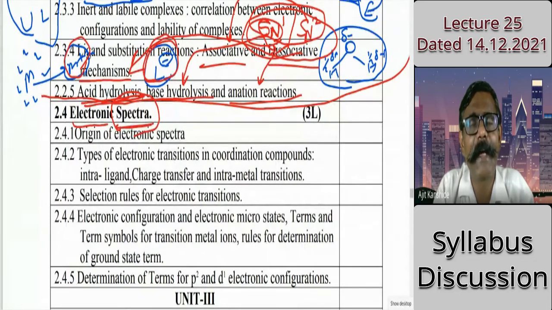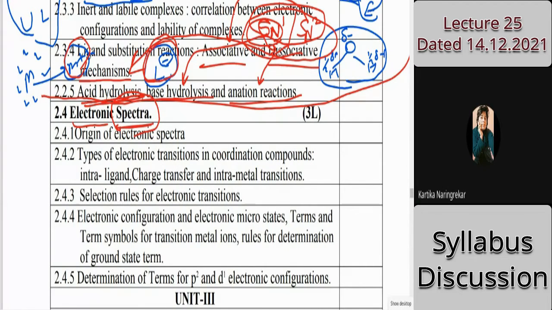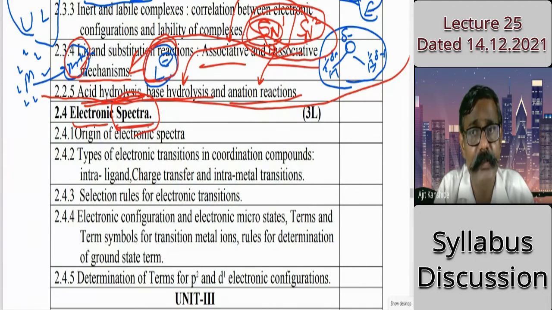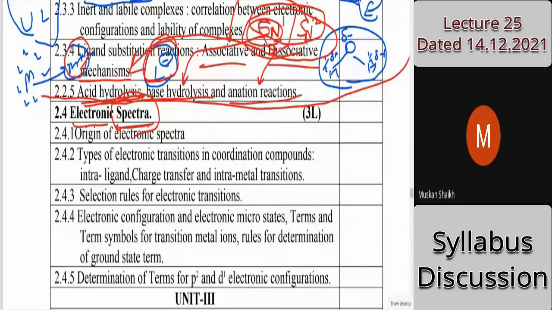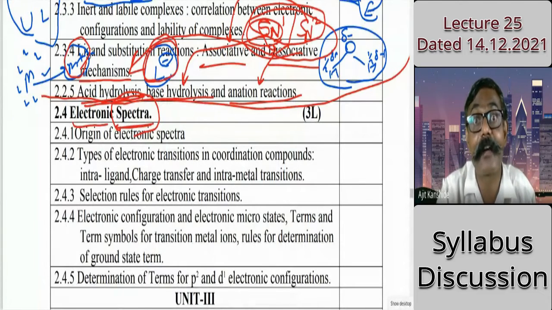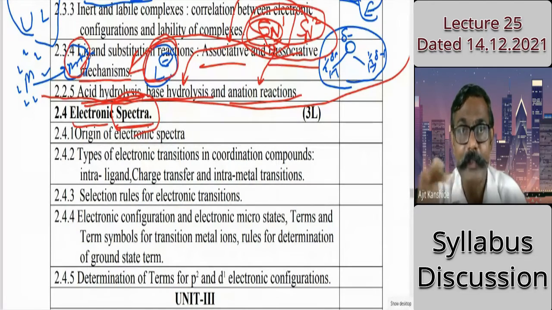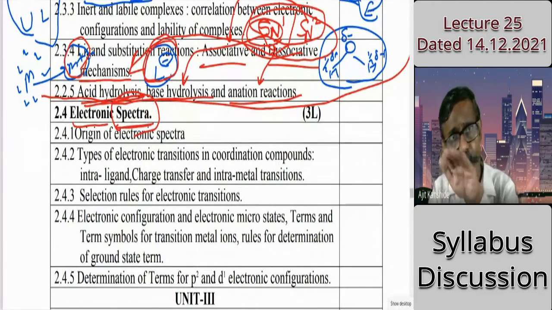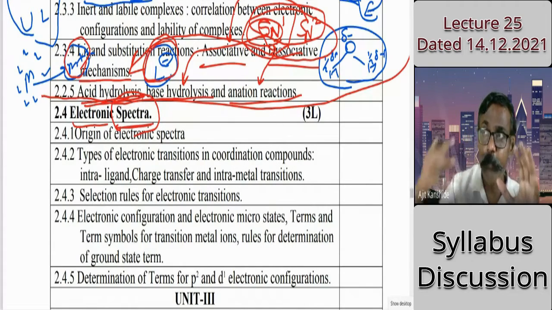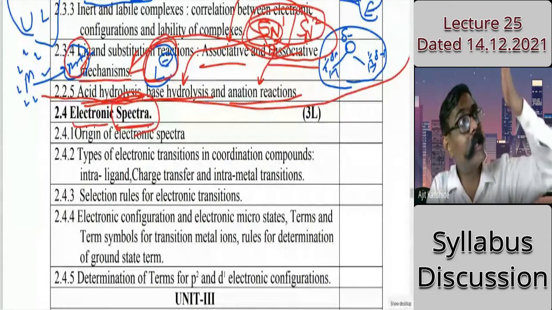What is the meaning of spectrum or spectra? Spectra is the plural of spectrum. Variations of what? Wavelength. Wavelength means what? Color. Okay, right. Now I will help. Have you seen a rainbow? Yes, sir. That is a spectrum of visible light. Intensity may vary; all colors may not be equally intense. It depends on scattering also. Through a prism also you will find various colors. Actually one color, white, is there, and we split it and get the representation.